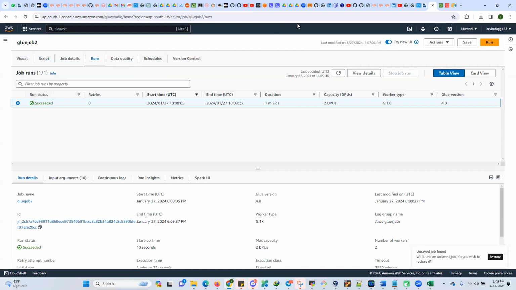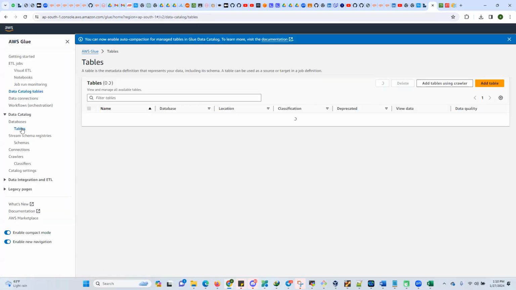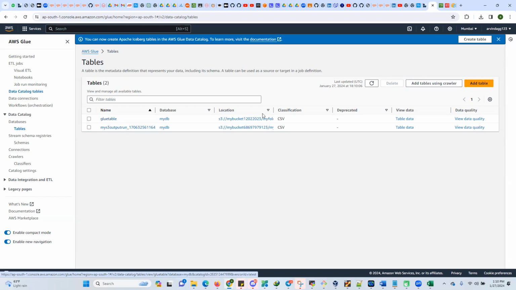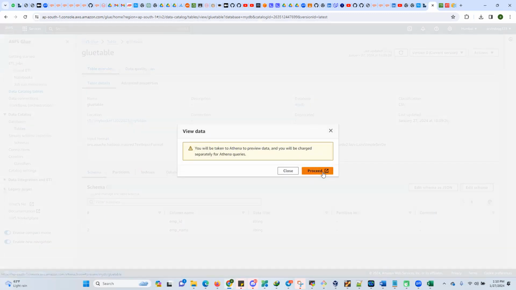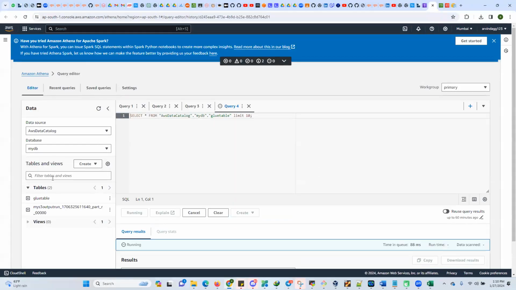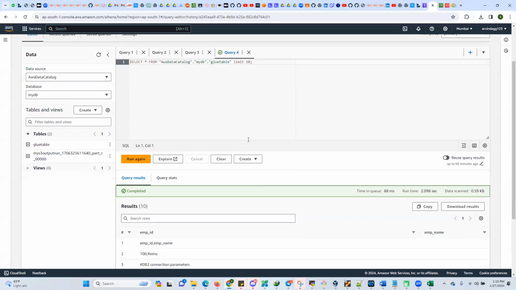If the job has succeeded, let's see the transformation we have done. We can see the output data in the table. You can see one glue table is created here. If I had not done this, I would have had a problem. I gave the option in the job itself: after writing the file in S3, I want to create a glue catalog with metadata, and it has run the crawler and created the table. And this table, I want to see the data. So you go to action and do view data, and it will take you to Athena. When you go to Athena, my table is here in the glue catalog, and when I do a query,